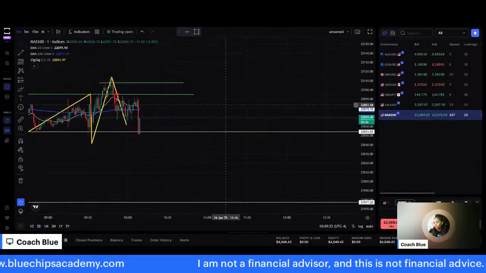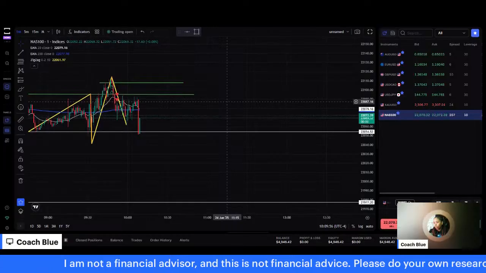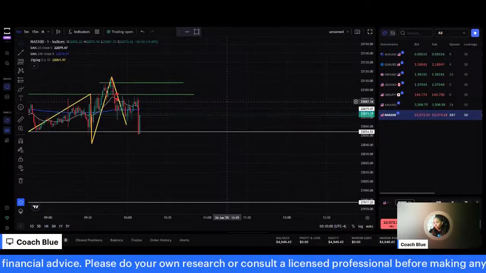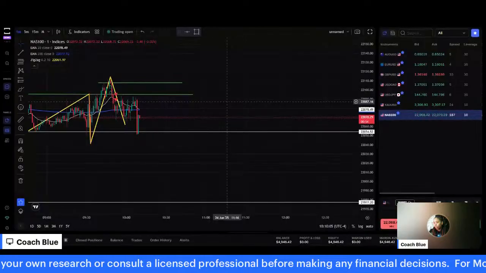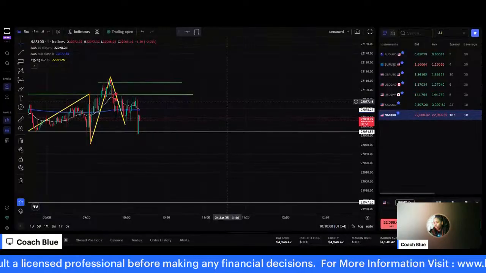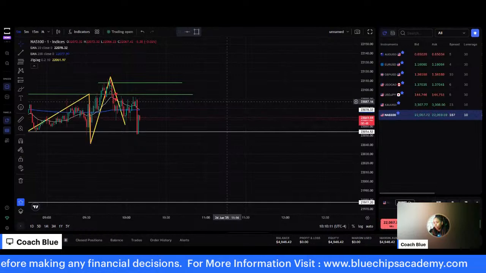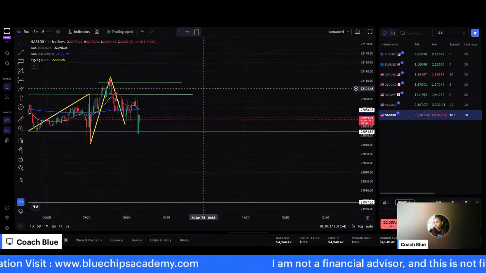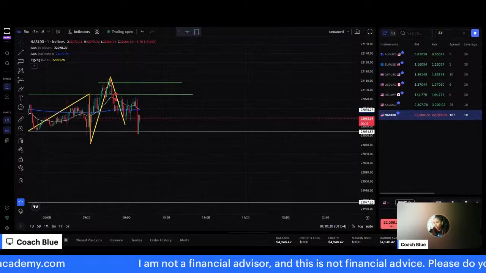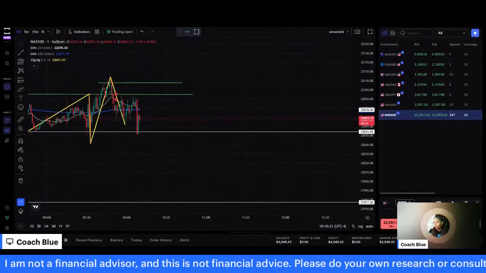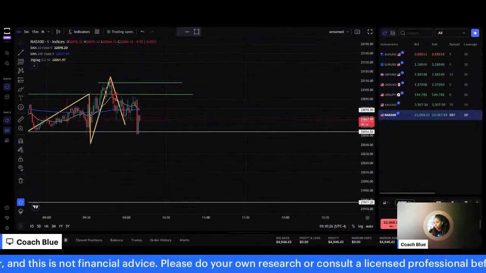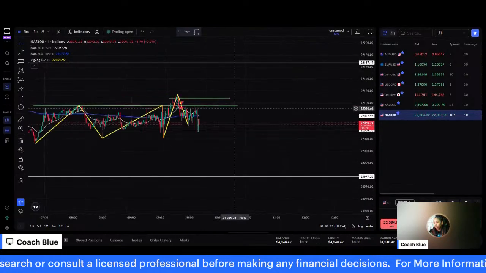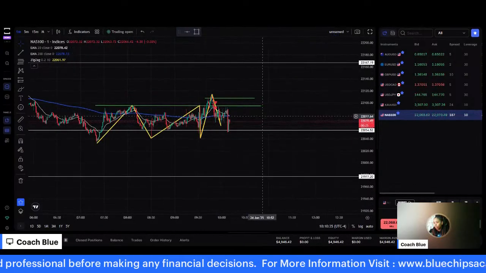Might be one of them days, y'all. We might go ahead and stay out. We'll see. Couple more minutes. When it's choppy like that, there's only so much we can do, guys. Y'all know that there's not that much opportunity when it's choppy like this. So we'll see. Couple more minutes.